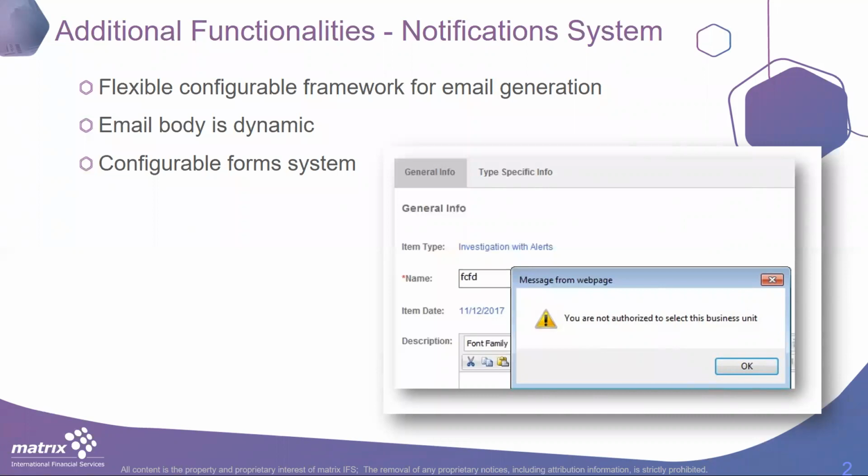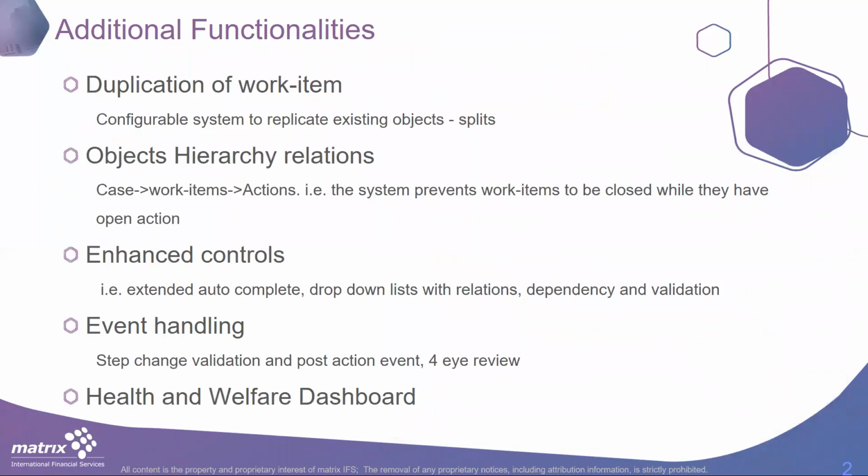Additional functionalities that this offers are the duplication of work items. If you have a deal that resembles another one, or if you have a conflict check that is almost the same as another, you can duplicate it or split it and continue from there. You can create different hierarchies. You can use the enhanced controls, so the extended autocomplete for fields, the drop downs that are relational and already integrated with the sources depending on whatever step you are at right now, the event handling from a workflow perspective, and